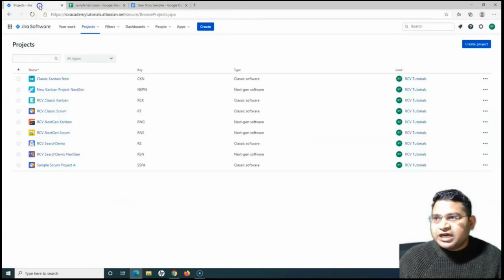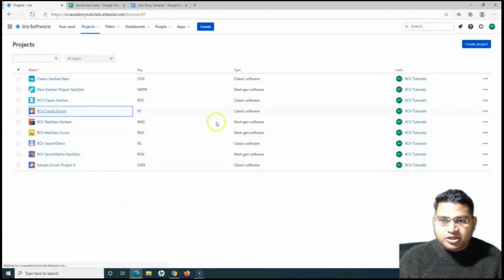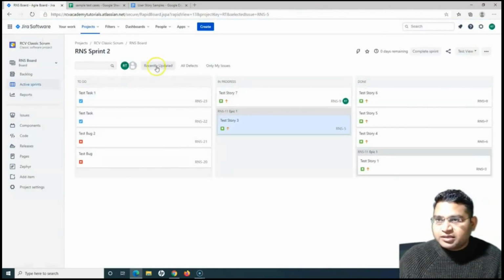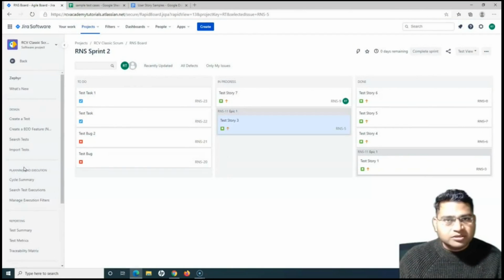Okay. So let me go back to the project here. Let me open the classic Scrum project, and in the classic Scrum project, let's open Zephyr. So in the left hand side, I'll open Zephyr, and we have already understood how to create normal tests in